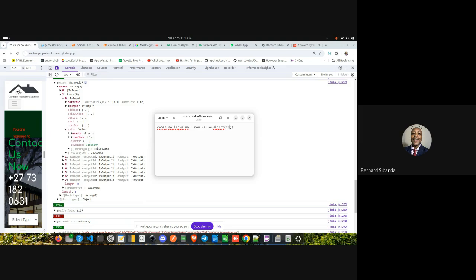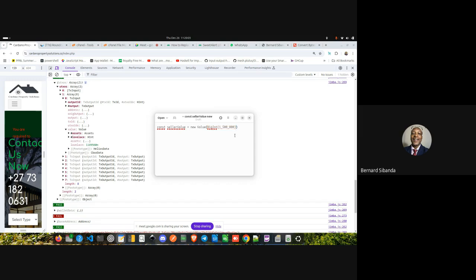Say, let me put a simple one. So 1, 2, 3. I put an underscore. 2, 3. I put an underscore. So here I have put lovelace, which is 1.5 ADA.